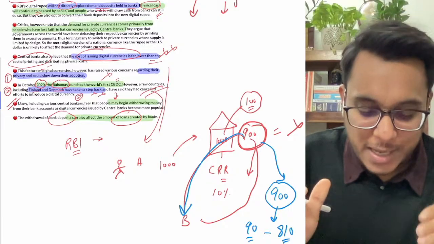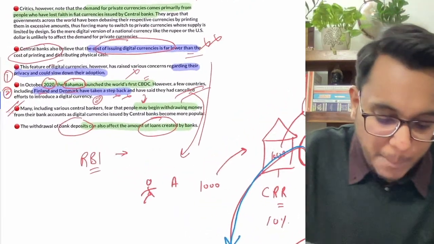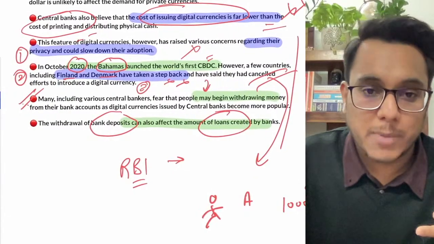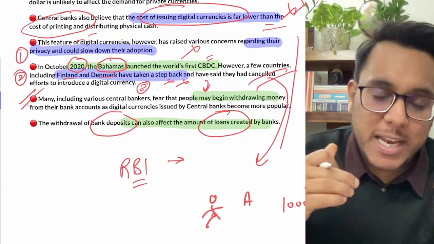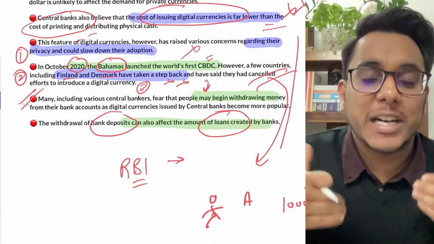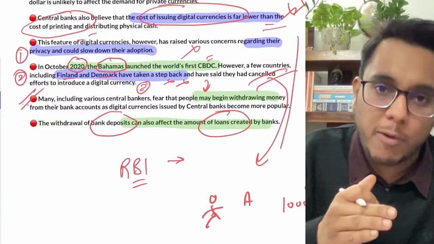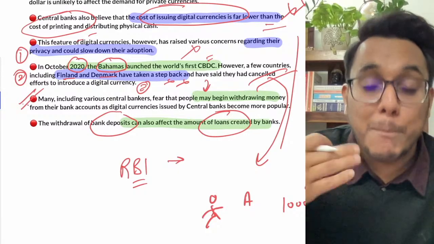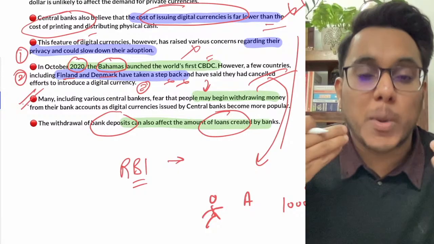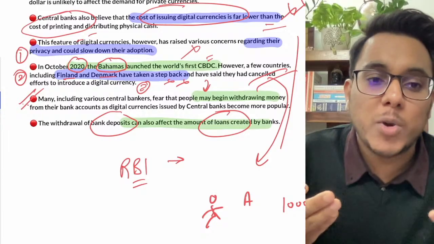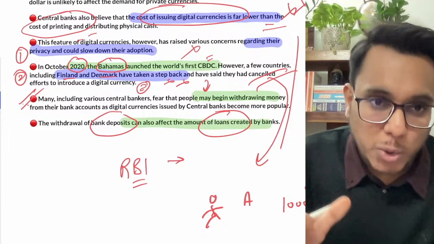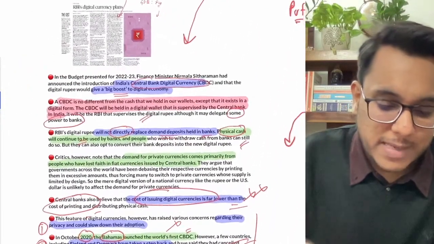Is it clear or not? So in this particular way, what happens is that the banks offer a large amount of loans. Now, if physical cash is replaced and digital currency comes, and people keep money directly in digital form, in their digital wallet, the bank's ability to create more money and to offer that money as a loan will get impacted, and in this manner the banks will face a problem.